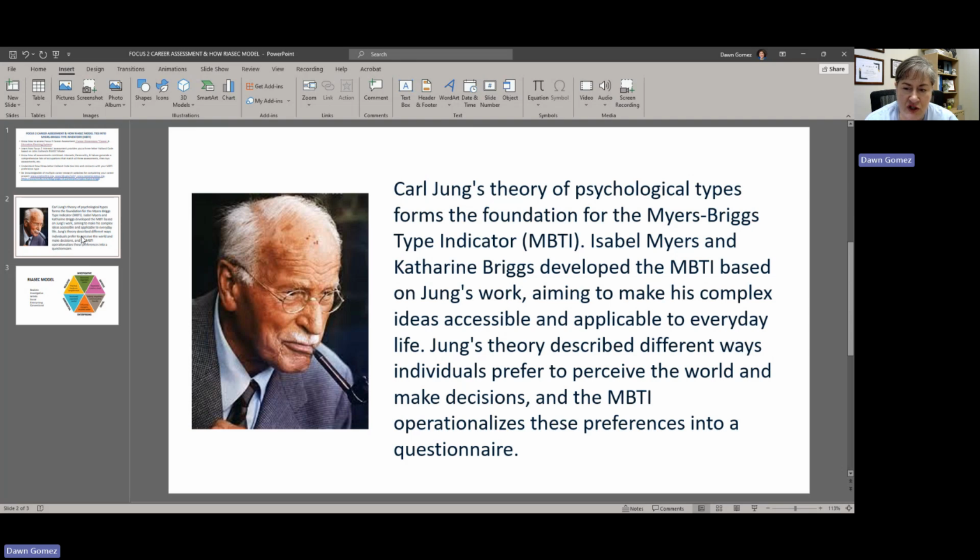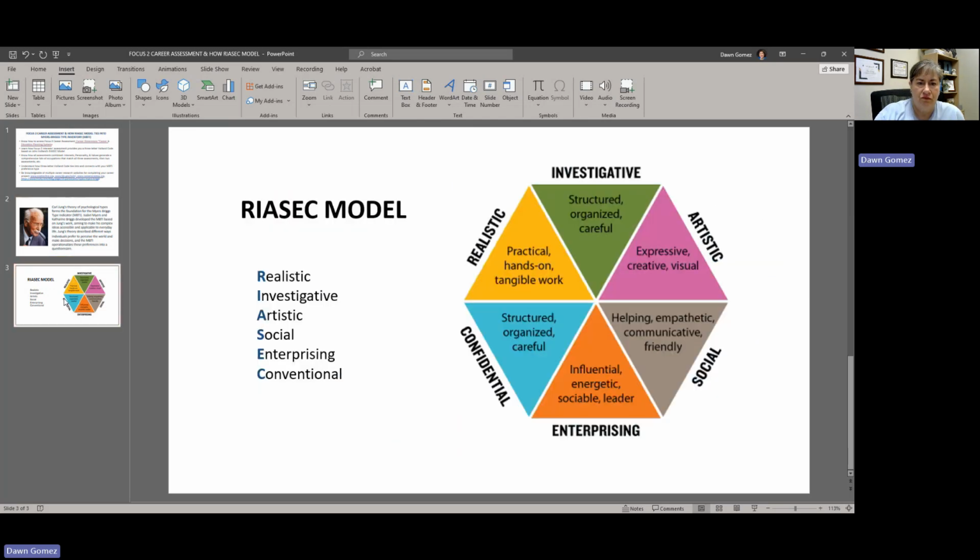You are going to take the questionnaire through the Focus 2 personality assessment. Next, your interests: the assessment is going to provide you a primary code, a secondary code, and a tertiary code. Now, your primary code will be based on the most number of activities that you indicate that you really like